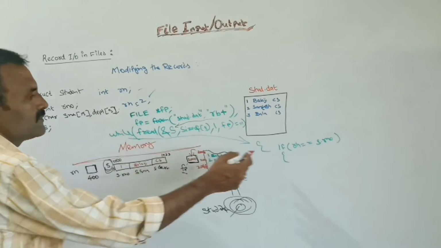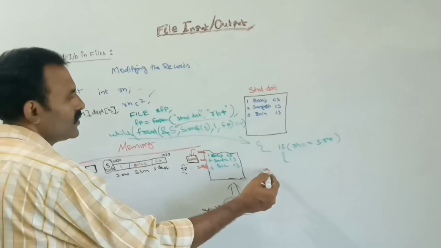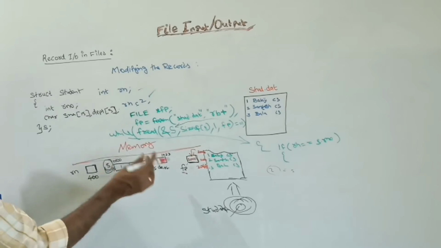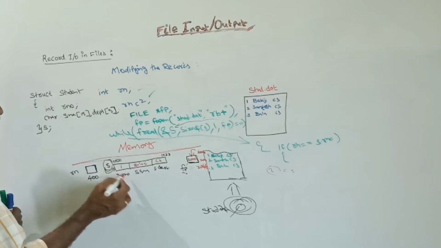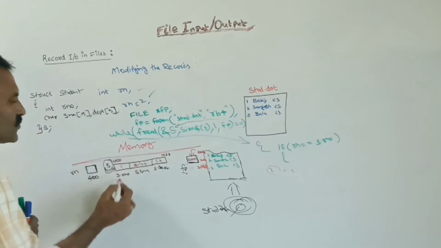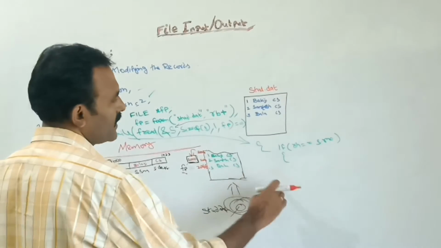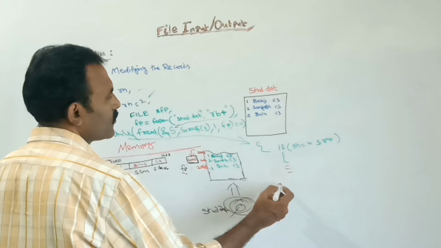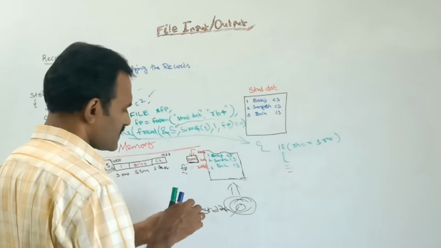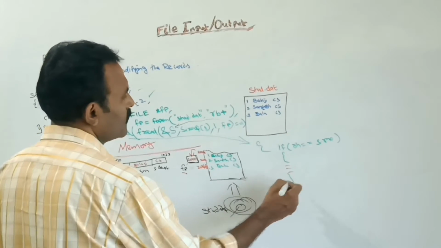Now next, here I am checking if Rn is equal to, that is, the given value Rn is 2. So I am checking whether 2 is equal to s dot rno or not. Here s dot rno value is 1, but the given Rn value is 2. So this one is not matched. If it is not matched, we are not going to modify. Here we are going to write the code for modifying. So if it is not matched, then it moves to the next record.